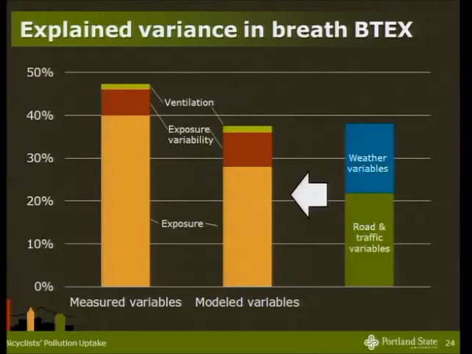If we look at modeled exposure and ventilation, in terms of modeled from roadway traffic and weather variables, it turns out the loss in explanatory power was only about 10% compared to when we directly measured exposure and ventilation. So that's pretty good in terms of our roadway traffic and weather variables are pretty strong determinants of the explainable portion of breath concentration changes. So there's other physiological things that are influencing breath concentrations. But the part that we can explain with exposure and ventilation, roadway traffic and weather variables are pretty strong determinants.